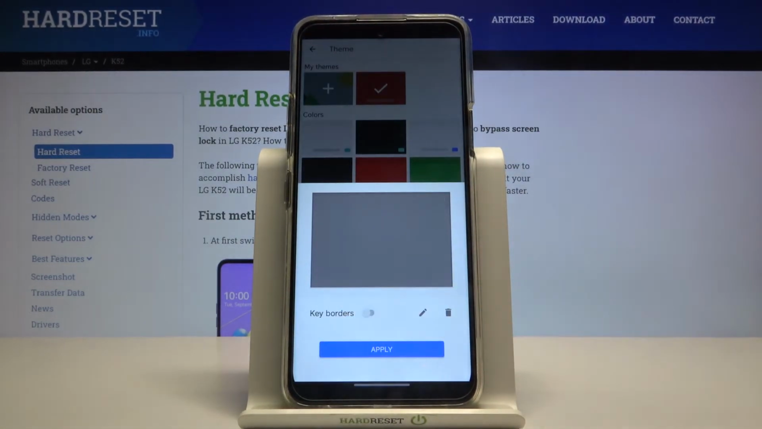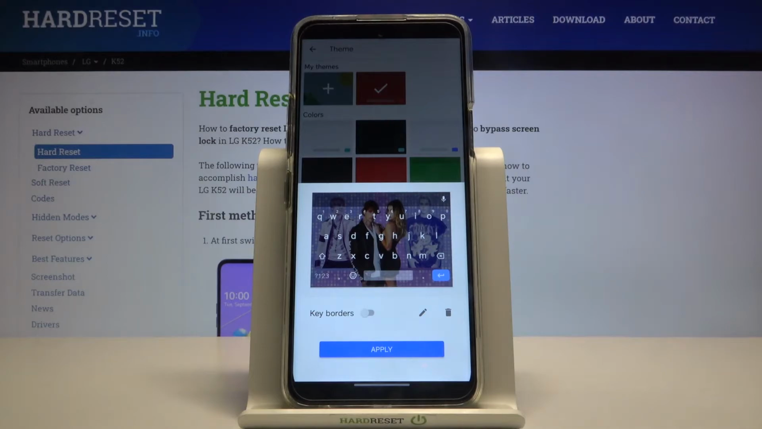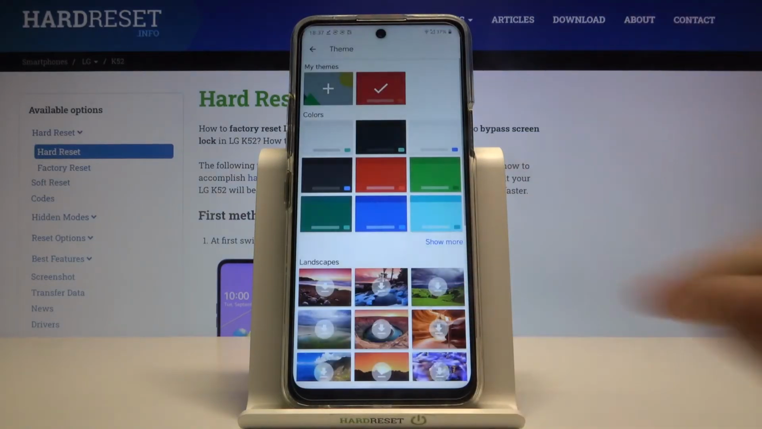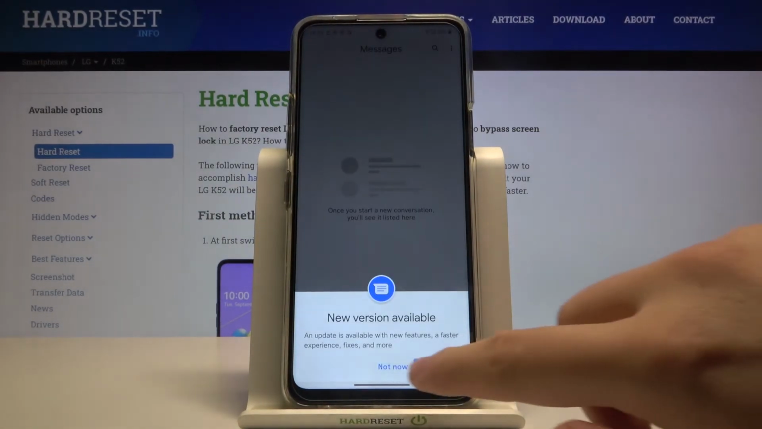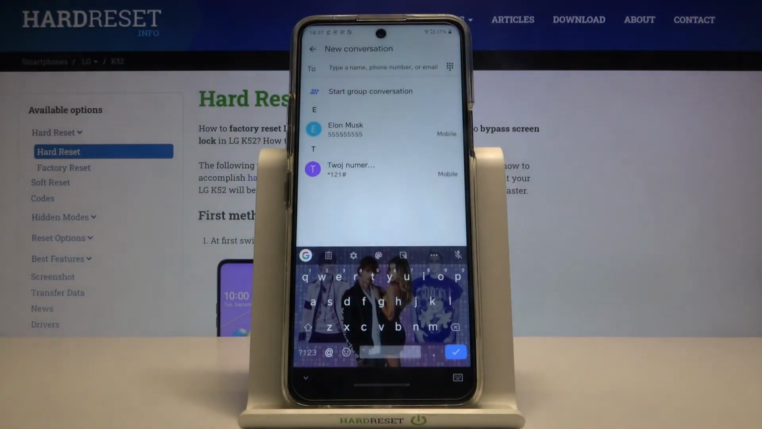And we can also turn off key borders to see our picture more clearly and then tap apply. And right now you can enjoy your new